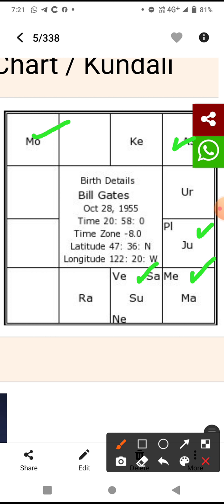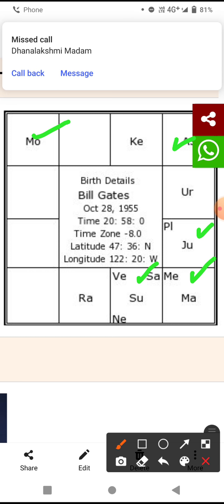The Moon being the second lord, the second house is the house of wealth, house of values. So he is there in the field to grab wealth, that is the 10th house. And even the 10th lord in the 3rd house indicates communication. So this is the founder and CEO of